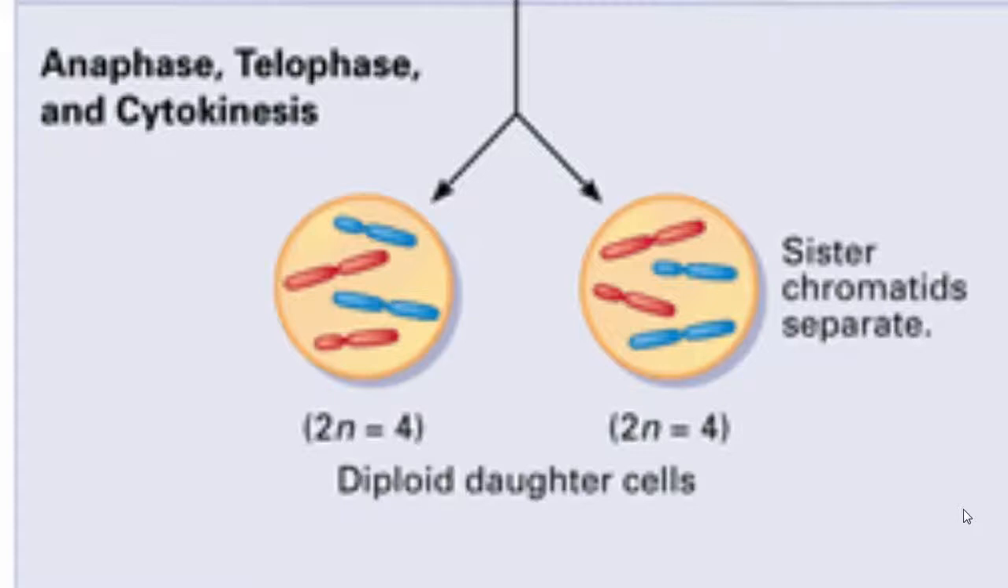So these cells are identical not only to each other, but to the original, what we call the parental cell. And because the original one's called the parental cell, these ones are called the daughter cells. Now it's got nothing to do with daughters, it's just saying these are the ones we end up with. So the daughter cells are genetically identical to the one we